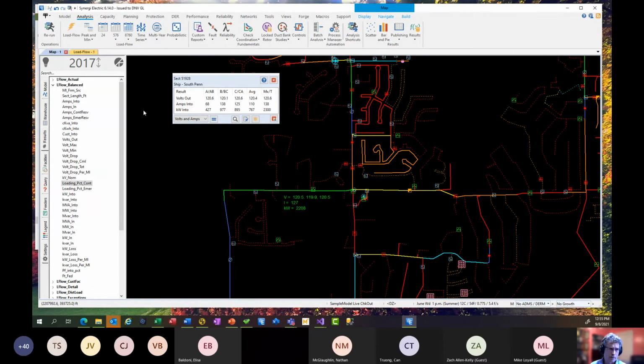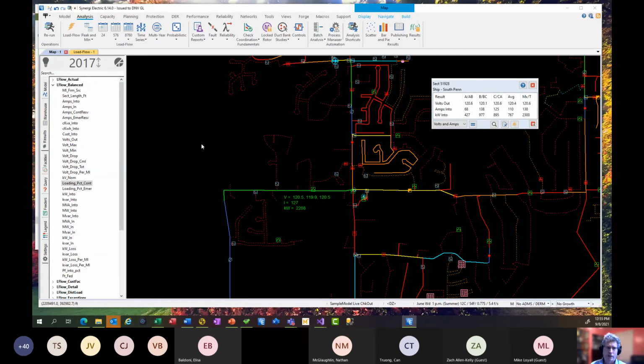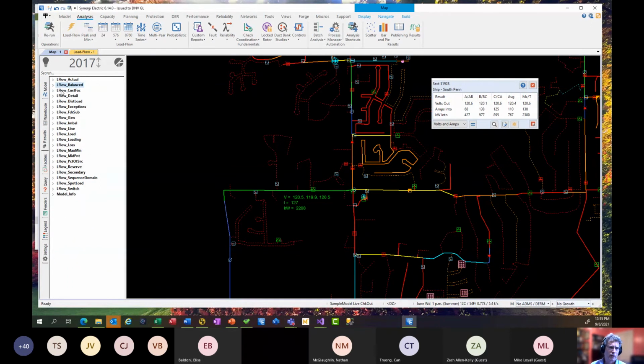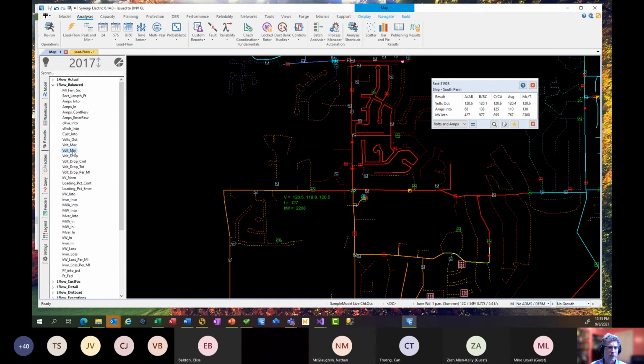So annotation. If you've been using Synergi for years and years, you're going to be in the habit of bringing up display settings, and don't do that for results. What you want to do is come over here to the results set. Again, whatever you're interested in. So let's stick with balanced, and I want to look at, how about the minimum voltage. So I'm going to click on that, color by minimum voltage, and then if you do a right click,